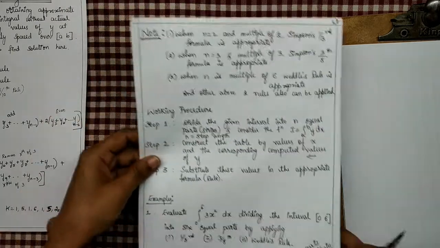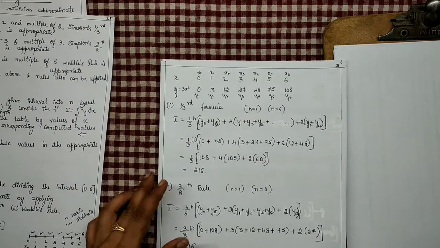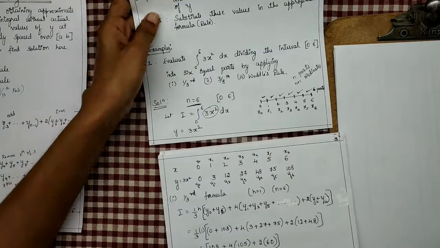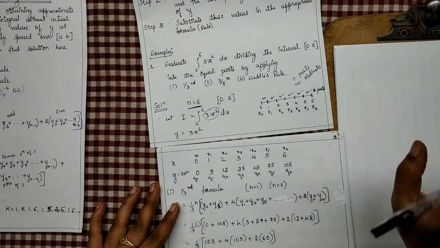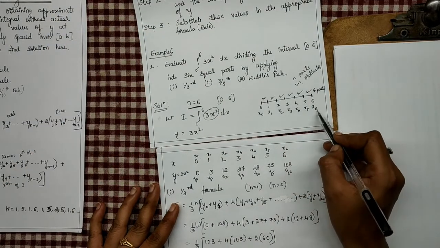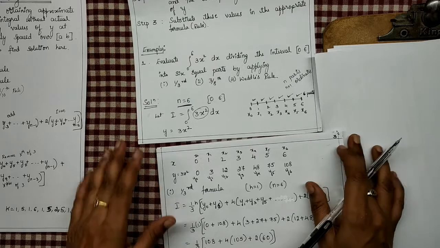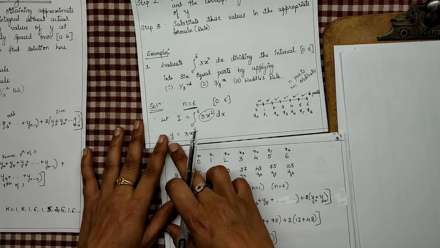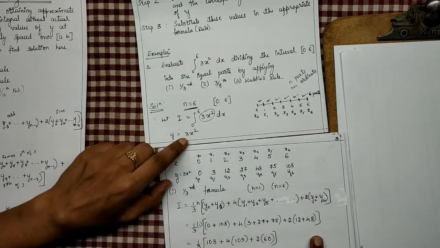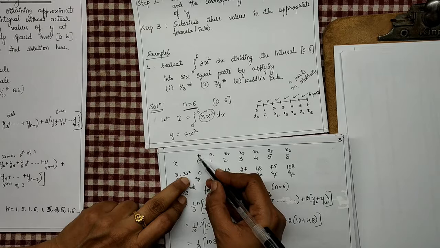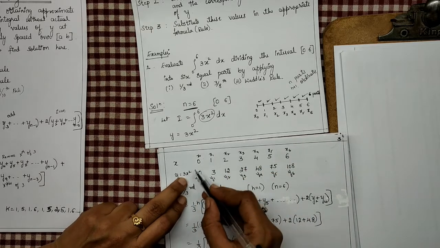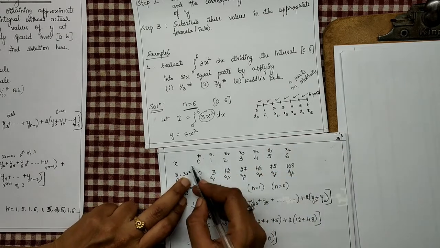Now after identifying y is equal to 3x square, what do we have to do, right? For each and every value of x, that is x0, x1, x2, x3 till x6, for all these x values you have to put in y. What is it? Y is equal to 3x square, right? In place of x, put all these x values. So 3 into 0. What is x0? See, I have constructed a table here.